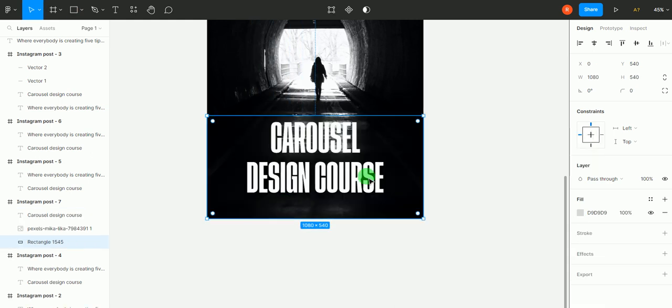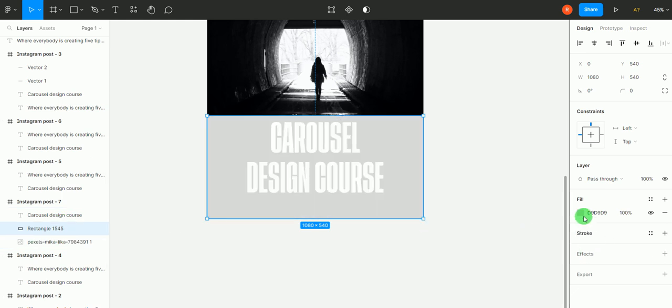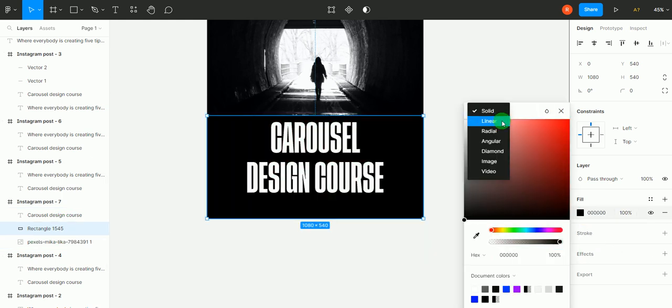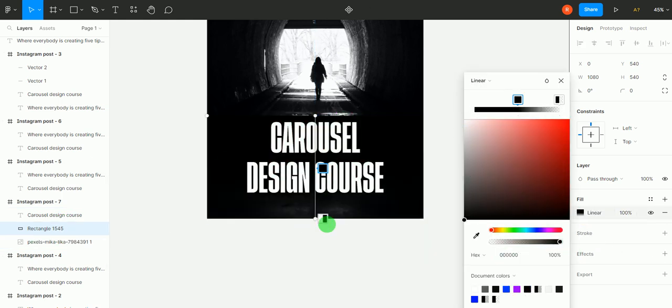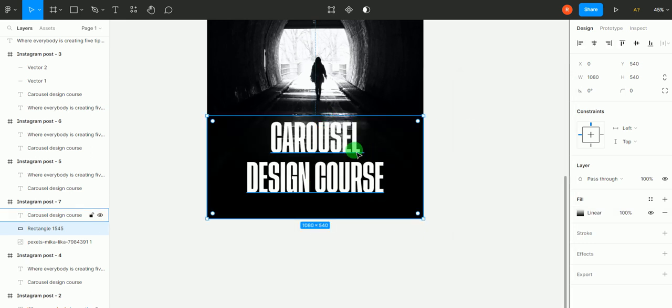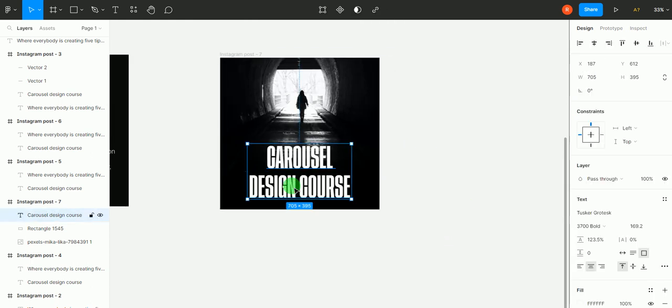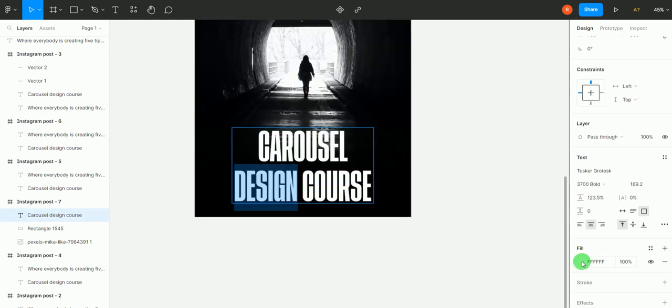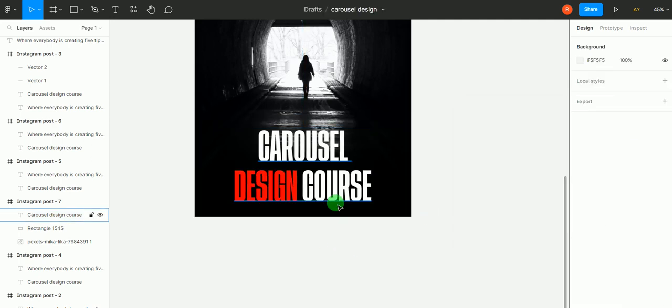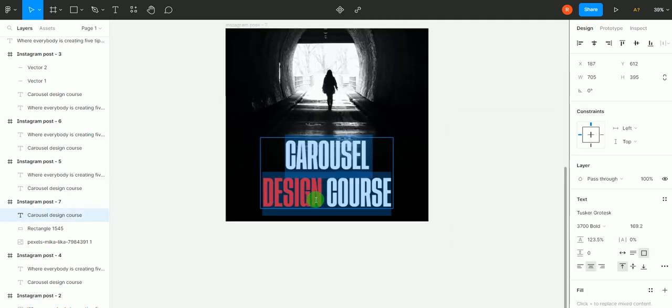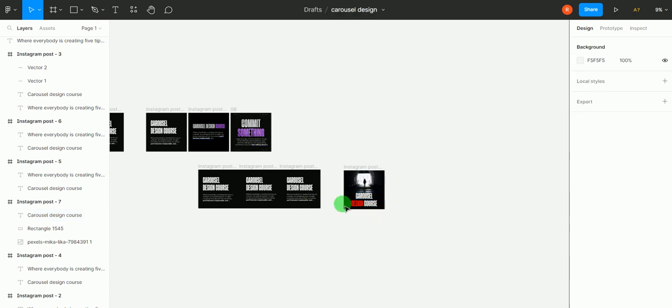So I'm using a black block here and adding a linear gradient to it to make this a little bit more readable. Now it looks cool, right? If I use some color like that, it's not looking good because there is no texture here. That's why the color is not looking good. But if we use the text with the texture,